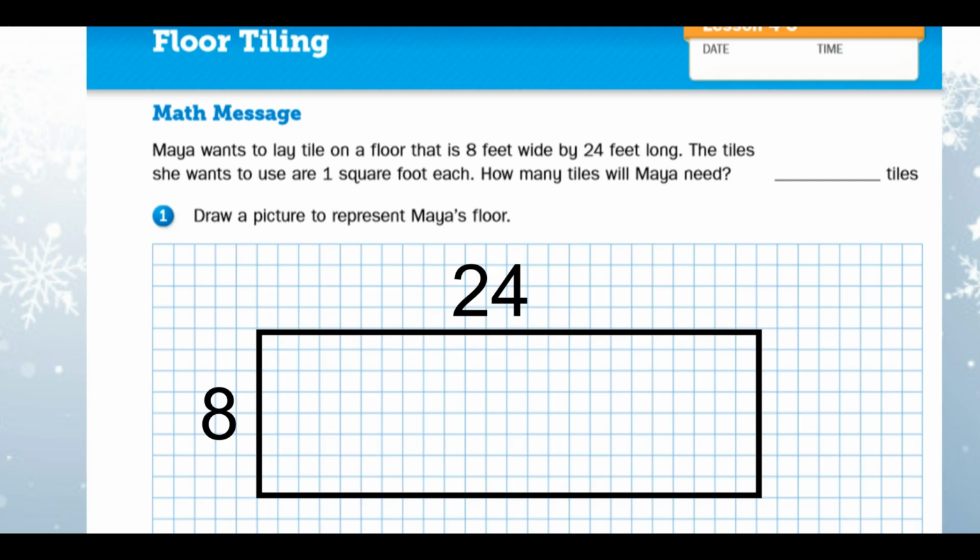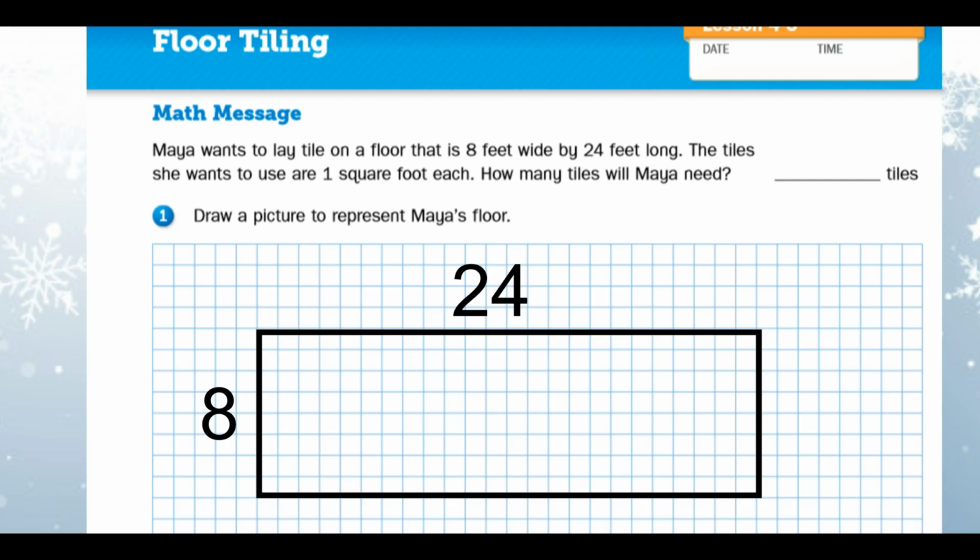Now to find the area, we need to do 8 times 24. We will do this by decomposing or breaking apart the larger number and dividing our rectangle, or partitioning our rectangle,